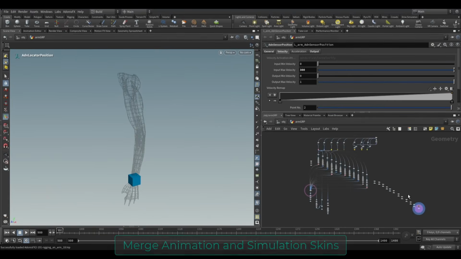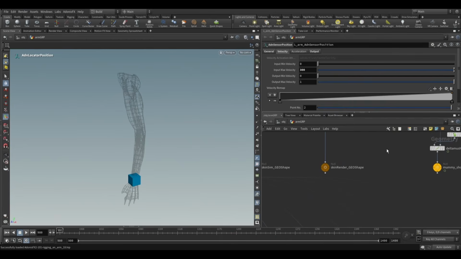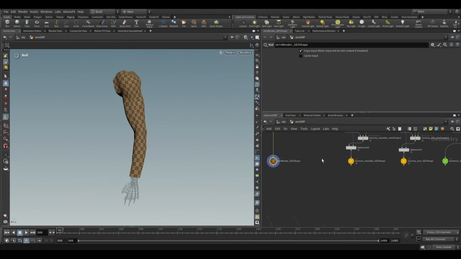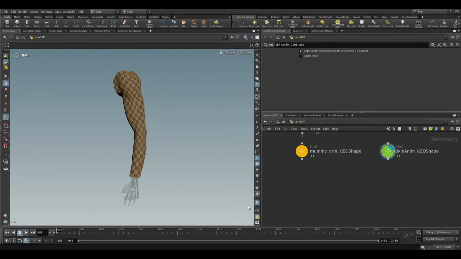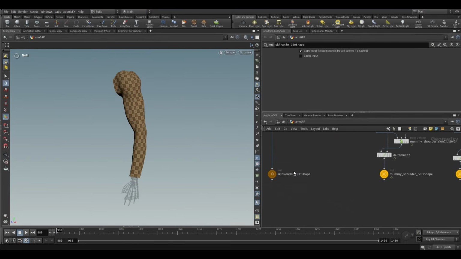So the last thing that we have pending is to actually merge in the animation with the simulation, and we can do that with the actual ADN skin merge node. So here we're going to get the rendered skin, which you can see has no simulation or animation. Then on the other hand, we have the actual anim skin, which we do not have the animation of the rotation. So let's copy over this name